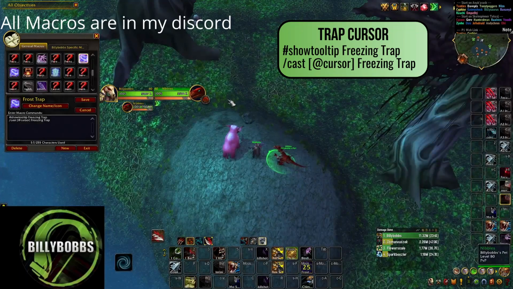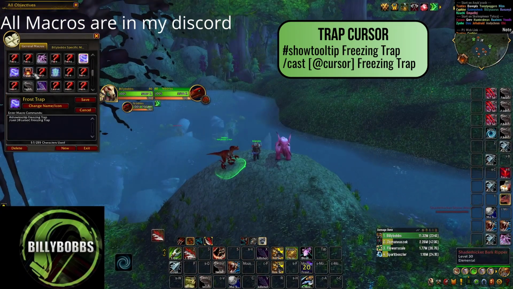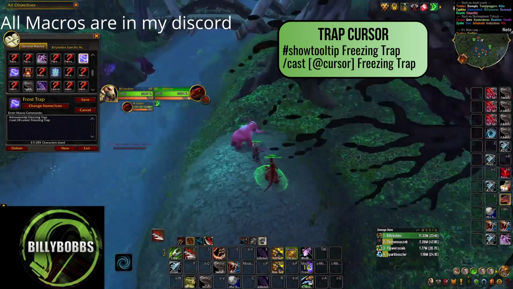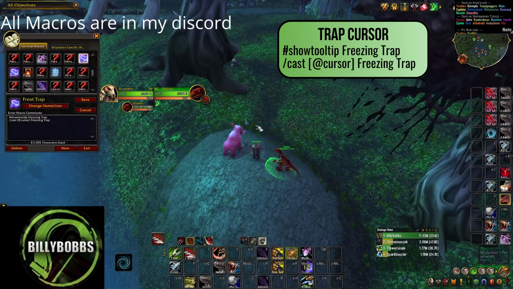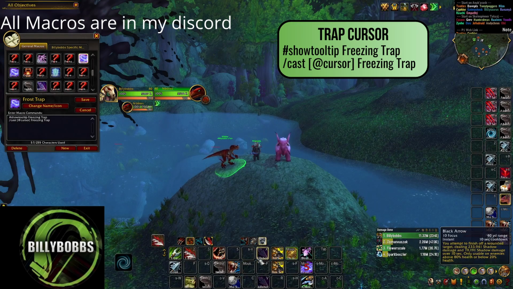I can just do it at my cursor, as I'm pretty confident where the trap is going to land. If you're newer to Hunter or you're struggling with the at cursor, you can definitely just use the default freezing trap to put it, then you can have the reticle and you can just aim it yourself. But personally, I prefer having it at cursor, although I do normally have it bound with the reticle as well,